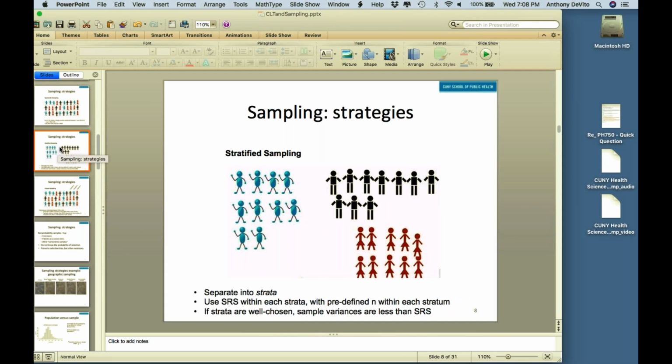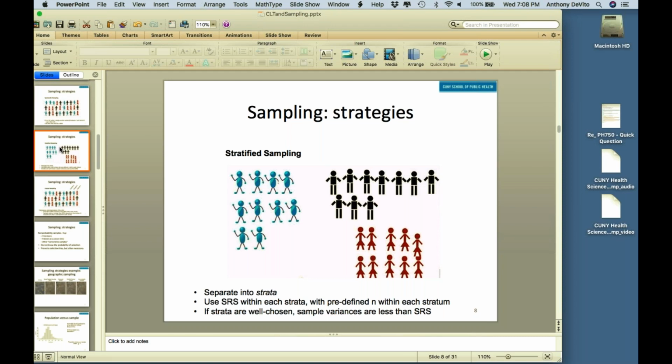The next one is stratified sampling. For instance, let's say I wanted to do a random sample by phone of all the people in New York City. Well, if I randomly pick out numbers and call people in New York City, I may find that, for instance, I call 1,000 people. I may find that 200 of those people live in Manhattan, 300 of them live in Queens, 100 of them live in Staten Island, and a couple of hundred of, I lost track of what the numbers were. A couple of hundred live in the Bronx, and so on and so forth, and Brooklyn.